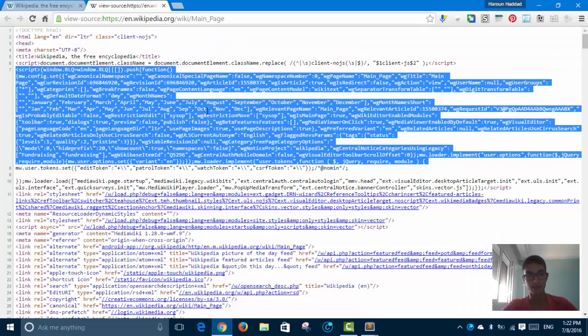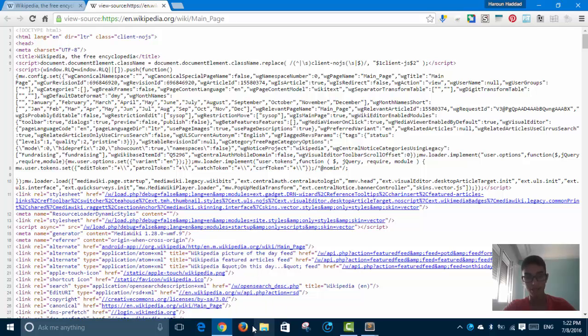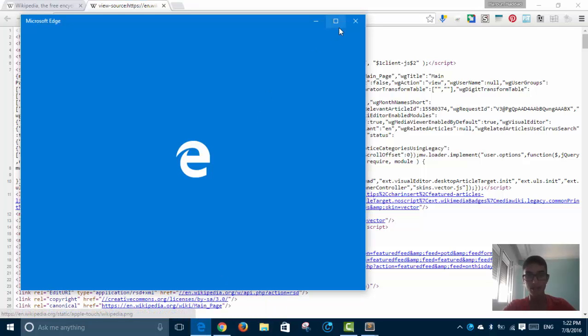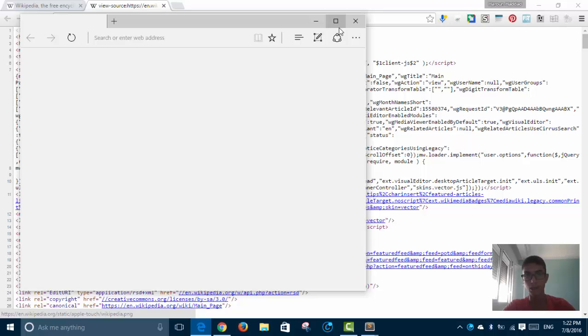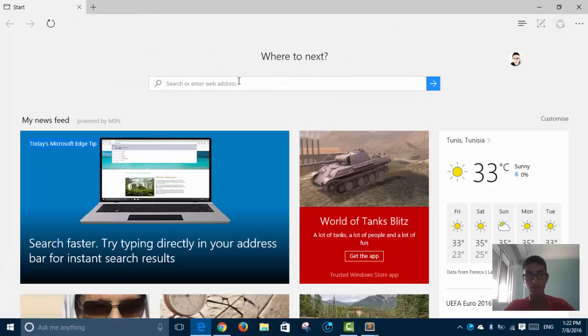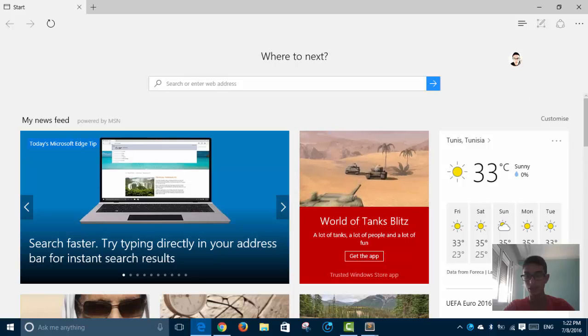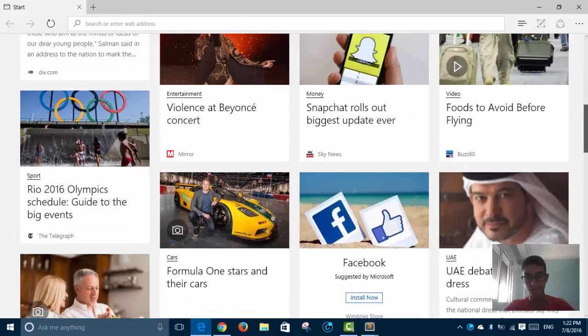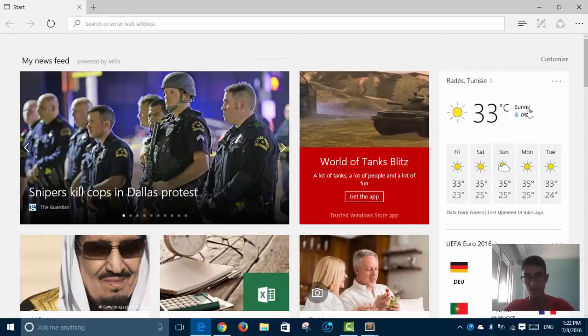Anyway, so guys, this is for the navigator. There are so many navigators, like Edge for Windows 10, and you can download it for other Windows. I think I saw once there was a tip to download it for other systems. Well, as you see,